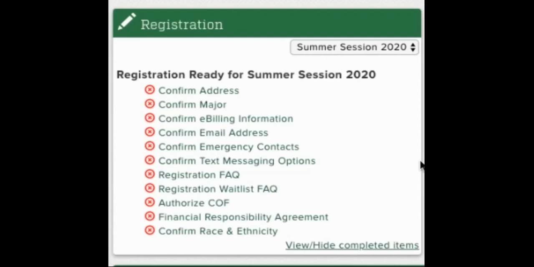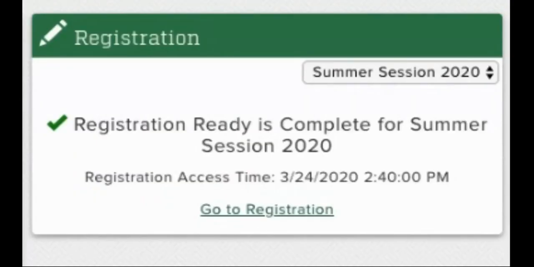This is a brief tutorial on registering for classes in RamWeb. In order to register for courses, you will need to complete Registration Ready first. Registration Ready is a series of red X's on your RamWeb homepage. Make sure you've selected the correct term here. Once you've completed Registration Ready, all of the red X's will turn to green check marks, and you will see